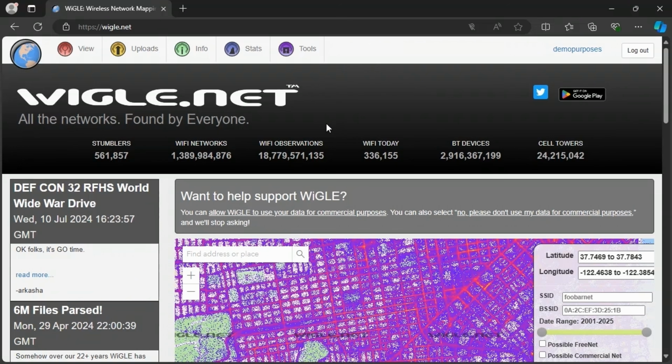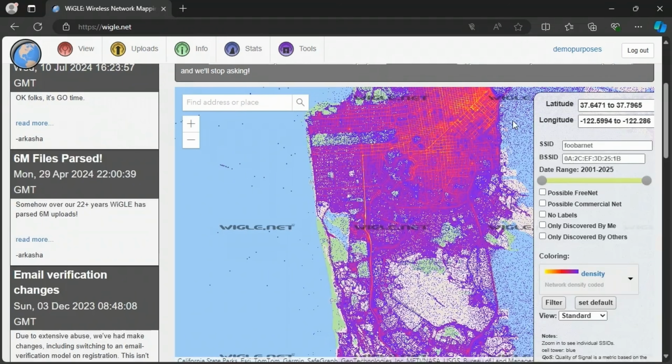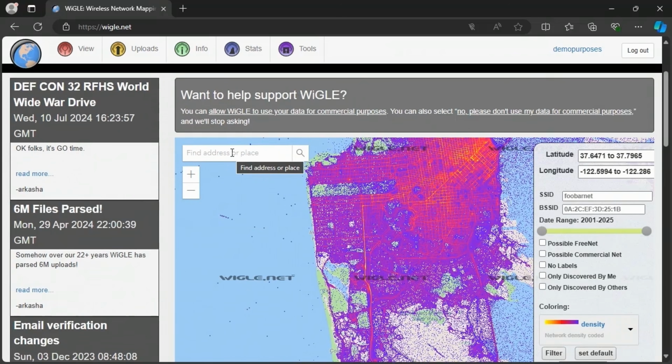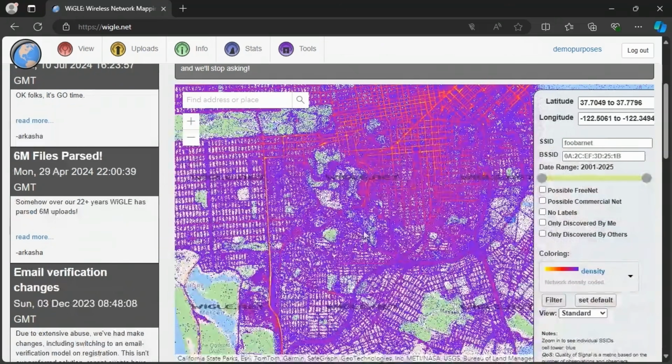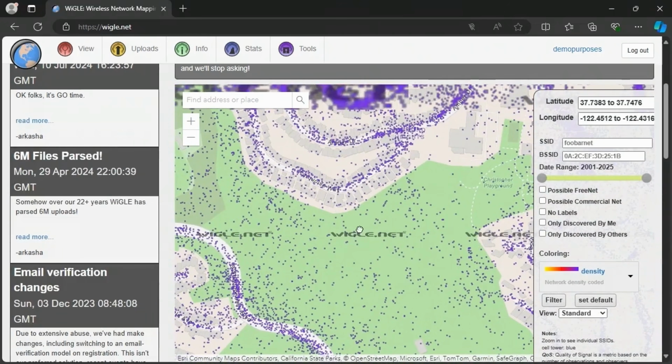When you first navigate to the website, you'll land on the main interface, which will show us a map allowing us to move around and explore wireless networks in different areas. The map also has a search bar in the top left that we can use to search for specific locations, addresses, or coordinates to go to specific spots on a map. By default, the map looks like it's over San Francisco. And if we zoom in, each of these individual dots represents some sort of node in the database that we